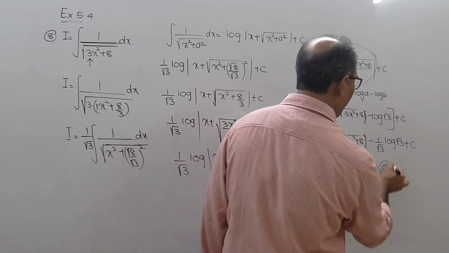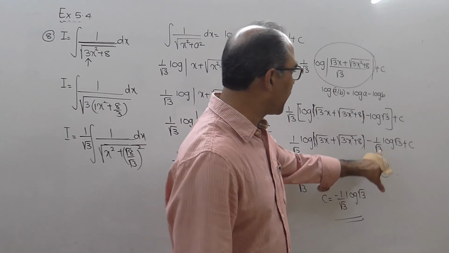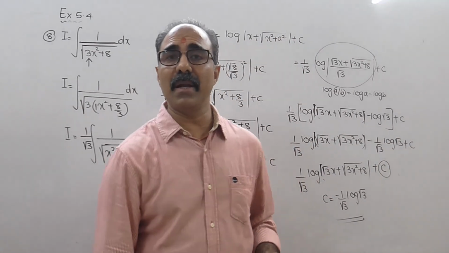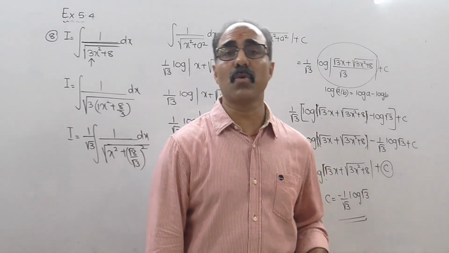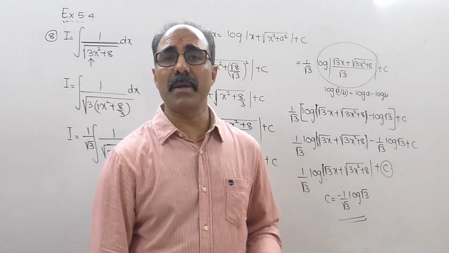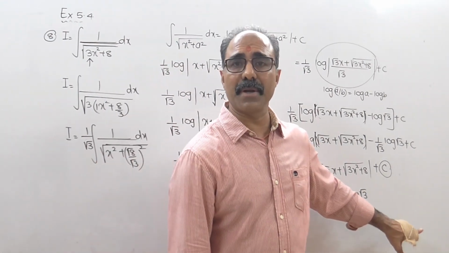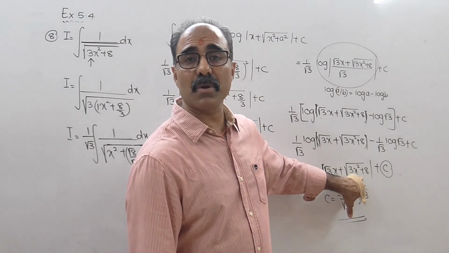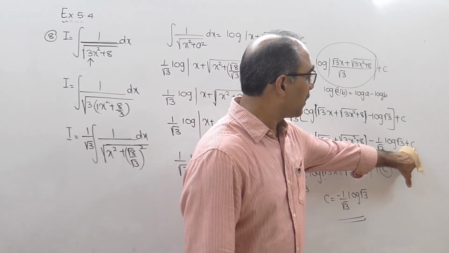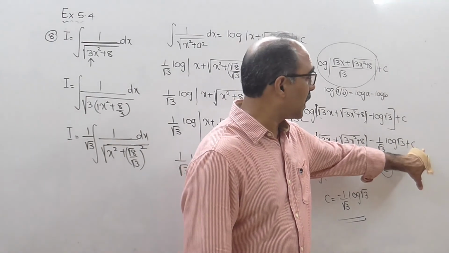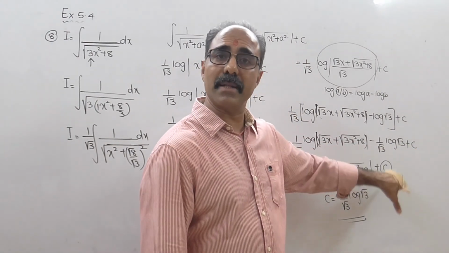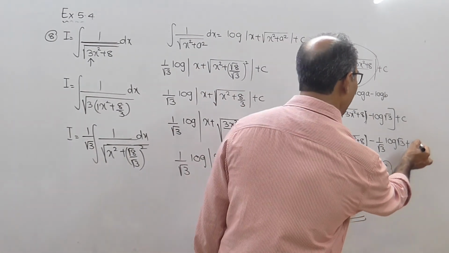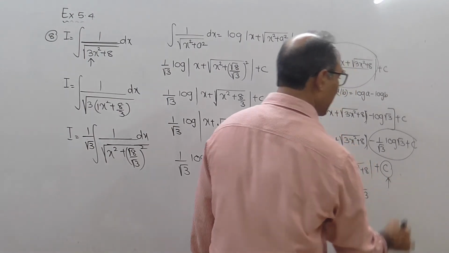Now you must be wondering why I am writing the entire consolidated thing as c. See, c is defined as an arbitrary constant. Any number you add to an arbitrary constant, the answer is going to be an arbitrary constant. If you subtract, multiply or divide, the answer has to be an arbitrary constant. This is not an arbitrary constant because it is already having the variable x. The c will be classified as an arbitrary constant, and an arbitrary constant combined with any constant gives an arbitrary constant only. That is the reason why I am consolidating this entire thing and writing it as plus c again.